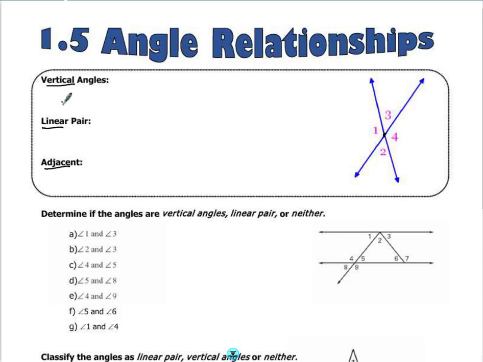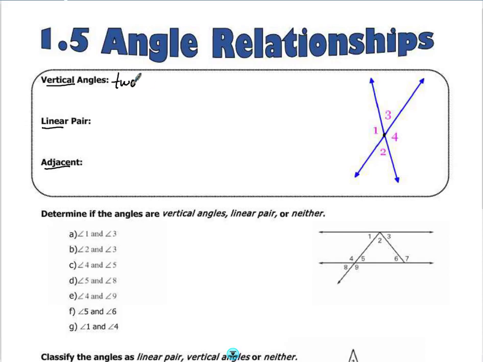Alright everybody, we're going to do a video lesson here on 1.5 angle relationships. This is our last lesson in chapter 1, and it's going to really build off of what we did last class when it came to naming and classifying angles by points that lie on those angles or by the vertex of an angle. So the first relationship that we're going to look at is called vertical angles, and vertical angles